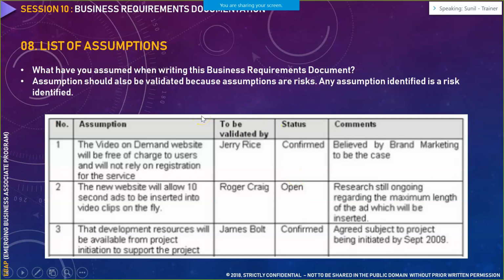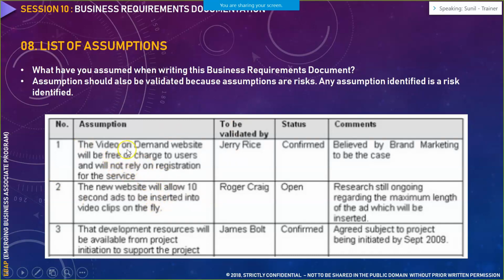After that, there is a list of assumptions. Now, when we are doing scope modeling or when we are identifying the in-scope item and out-of-scope item, there are certain items wherein we are not clear about the requirement in the first place itself. So what we tend to do is we tend to assume things. So if you find such an assumption in your particular project that is about to be executed, you have to highlight those assumptions in this format. So that would be a list of assumptions.